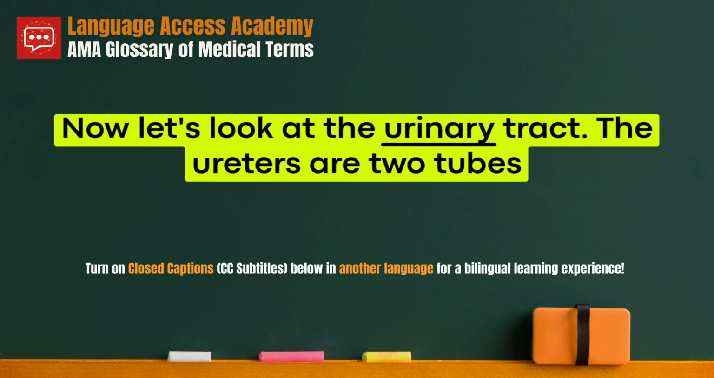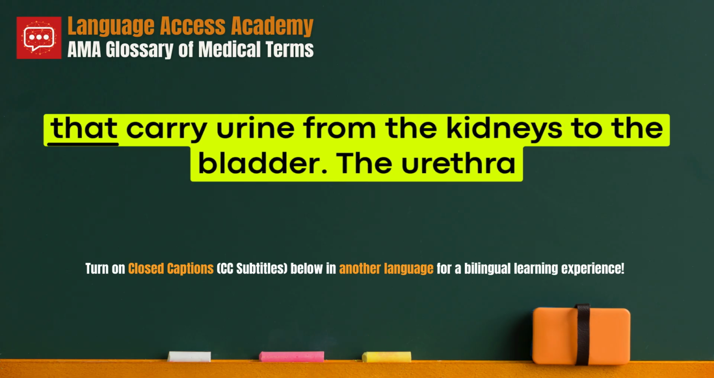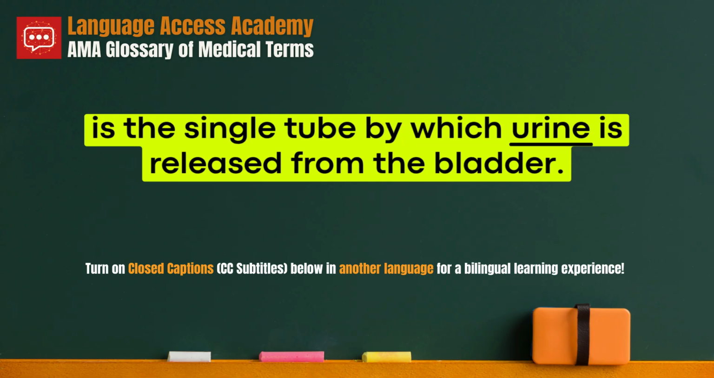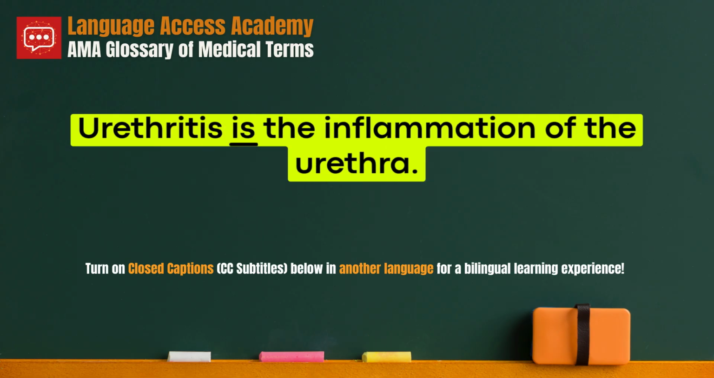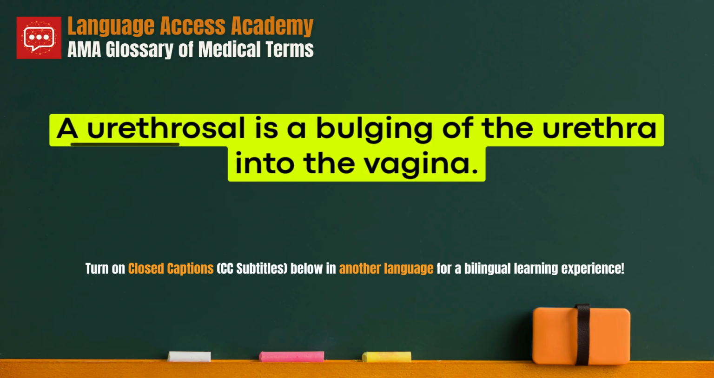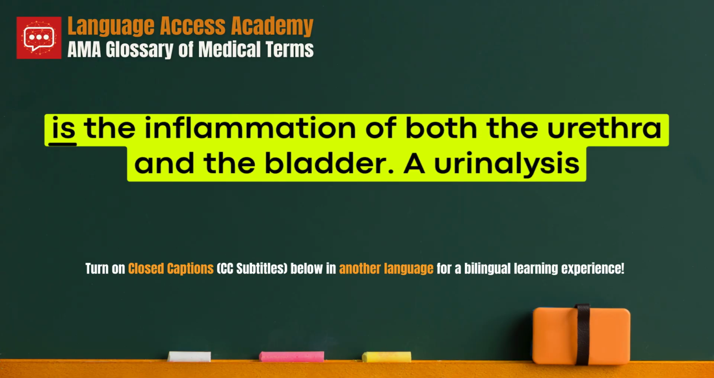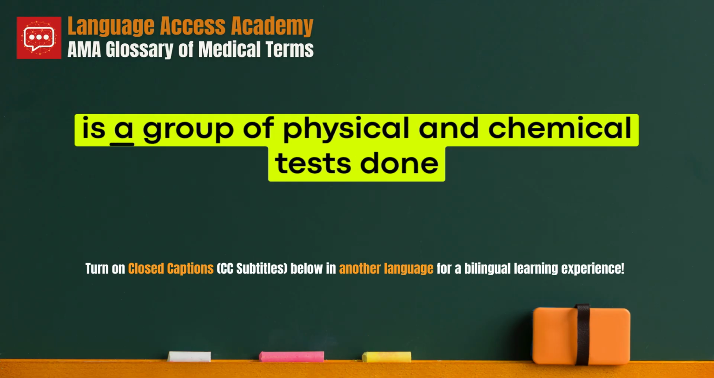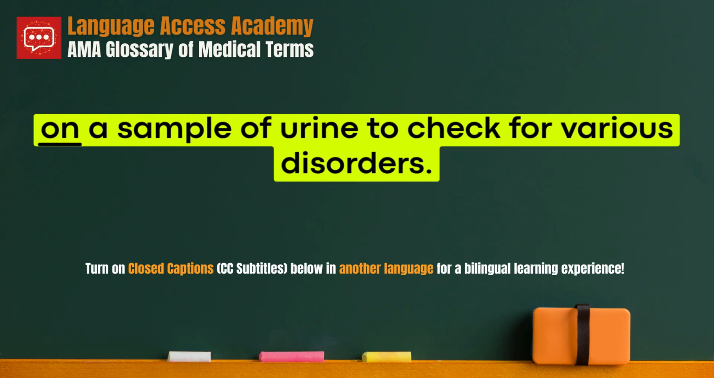Now let's look at the urinary tract. The ureters are two tubes that carry urine from the kidneys to the bladder. The urethra is the single tube by which urine is released from the bladder. Urethritis is the inflammation of the urethra. A urethrocele is a bulging of the urethra into the vagina, and urethrocystitis is the inflammation of both the urethra and the bladder. A urinalysis is a group of physical and chemical tests done on a sample of urine to